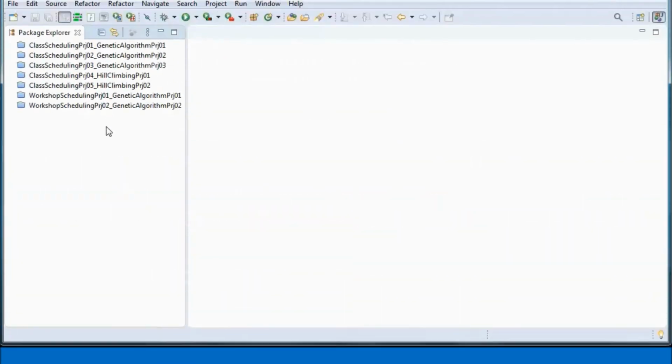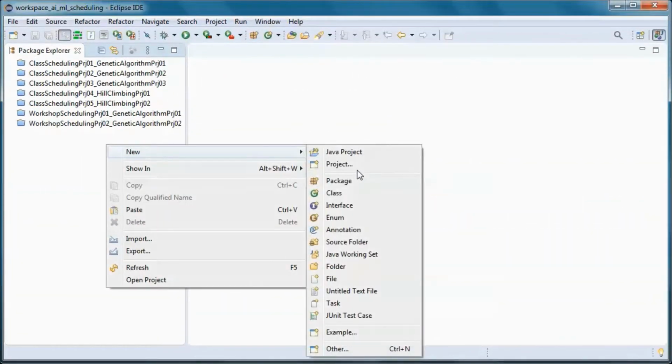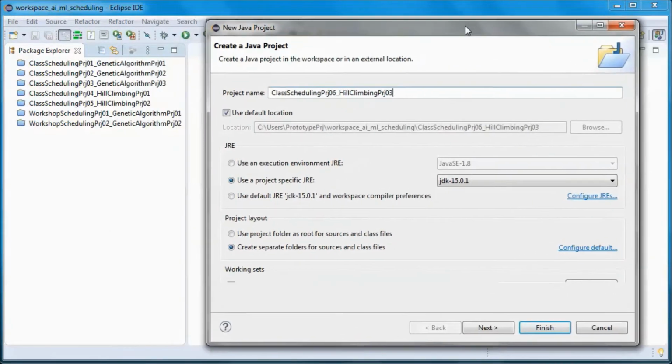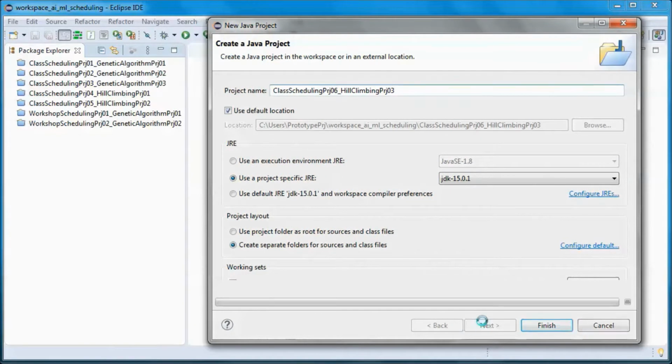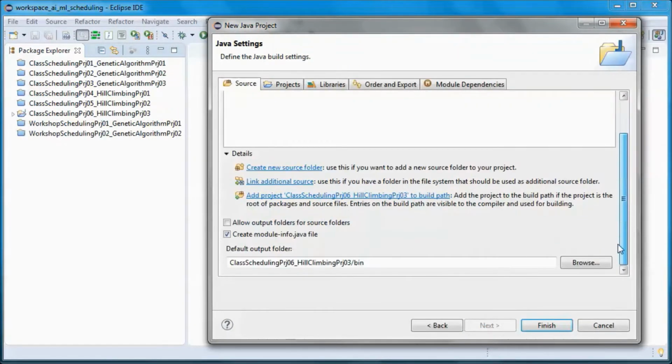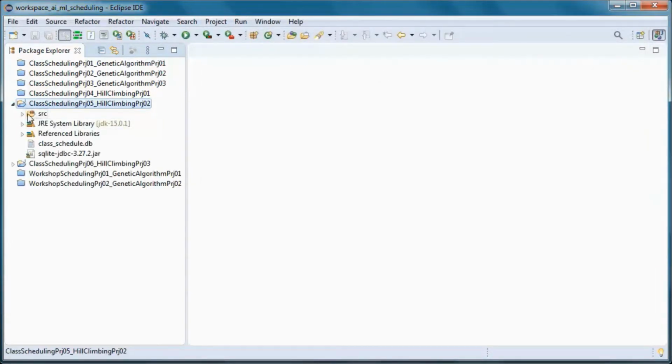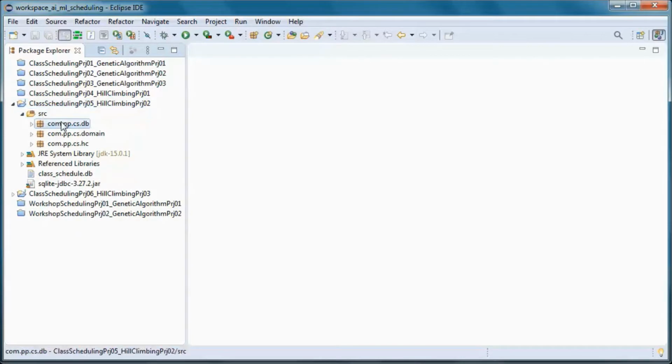I will start by creating a new project, and this will be based off the source code from here.